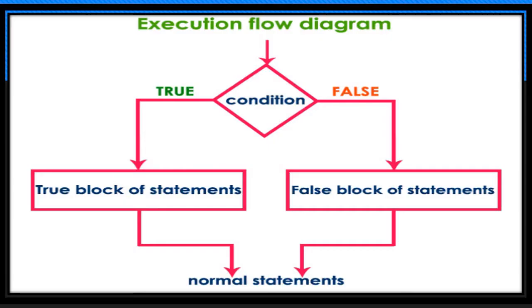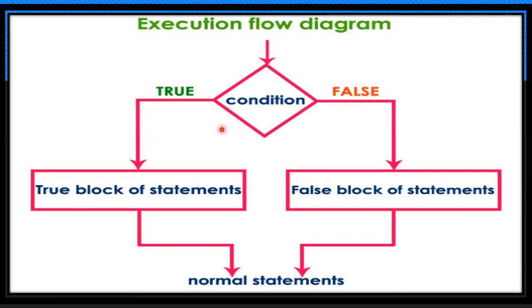Now let's see the flow diagram of the if else statement. So here we have the flow and this is the condition for if else statements. If this condition states as true, then this true block of the Python program will be executed. And if this condition states as false, then this false part of the program will be executed. Always remember, the condition will always state as either true or false. So accordingly, only one part of the program will be executed from both of them.